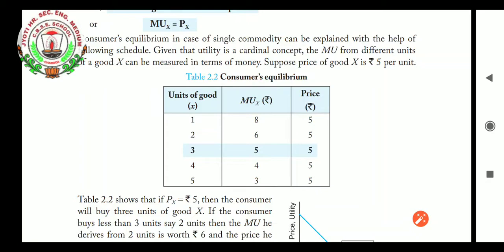Now the question in the mind of the student will be why MUX is always declining, as shown in the table. Why is it not increasing? It is common behavior of human beings. When the commodity is consumed for the first time, the satisfaction level is more. Though they like the product, when it is consumed in increasing quantity, the satisfaction level of the person starts declining from the same good, and as he increases the consumption of the same good, his satisfaction level goes further down. So the MUX, the marginal utility derived from the consumption of the goods, starts declining. That's why MUX is going down.